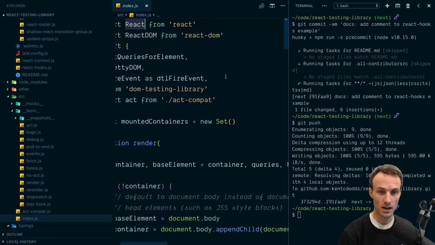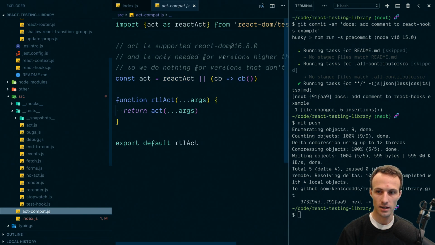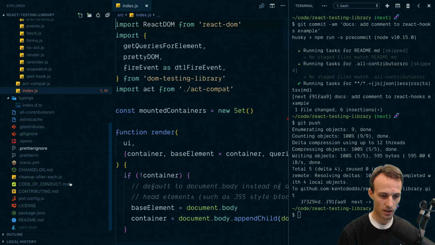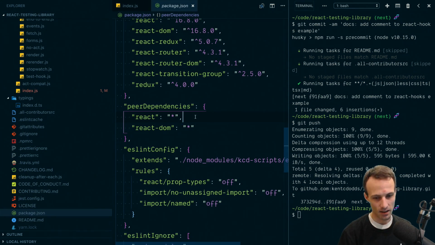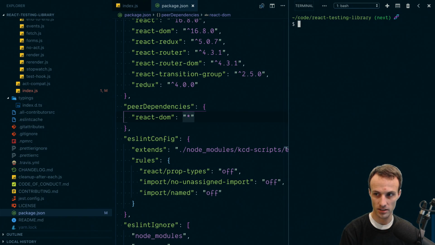We're still not using React. That's cool, because we're not using it here either. So let's go back here. People are going to need to have React installed, but we don't require it. You don't have to have React installed. I don't care. Git commit chore